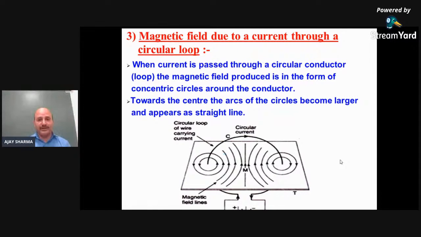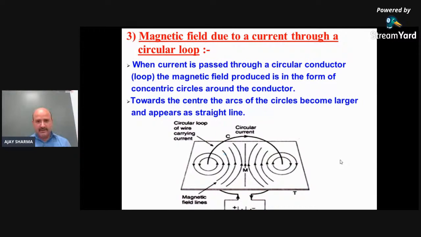Now if you see the pattern at the center, what is the pattern of the magnetic field lines? The magnetic field lines are almost straight in the center of the loop. You can see a battery drawn below this diagram, and there is a flow of current through this loop. When the current is flowing, again the pattern is generated, and when you go exactly at the center of this circular loop, you will find that magnetic field lines are almost straight. So near the wire you will see the concentric pattern,